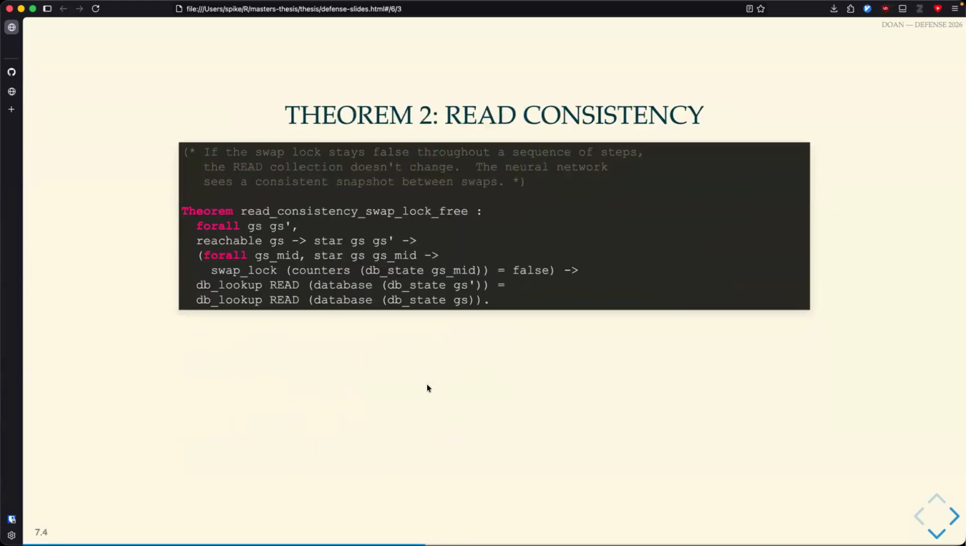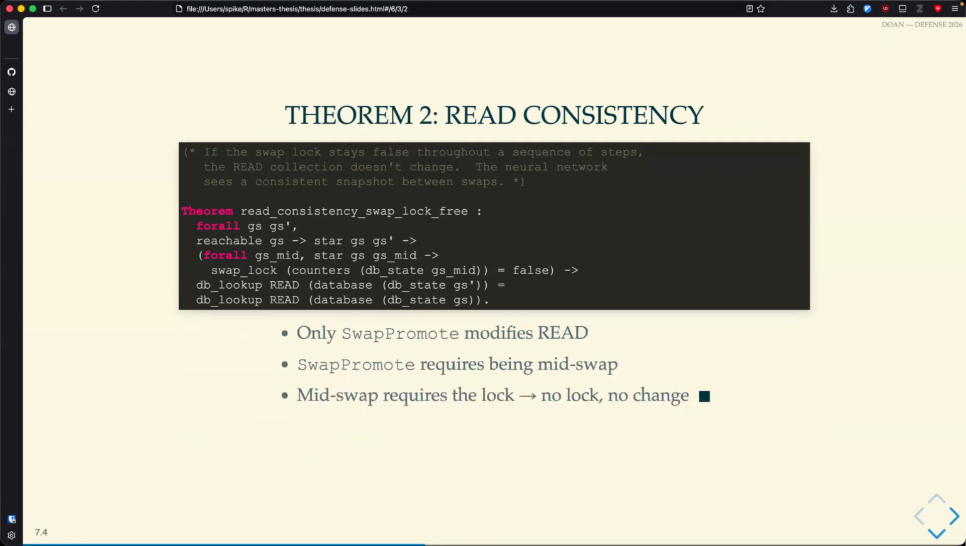There we go. Second theorem we really care about: read consistency swap lock free. Only swap promote can promote read, and swap promote requires being mid swap. Mid swap requires the lock. No lock equals no change. Effectively saying